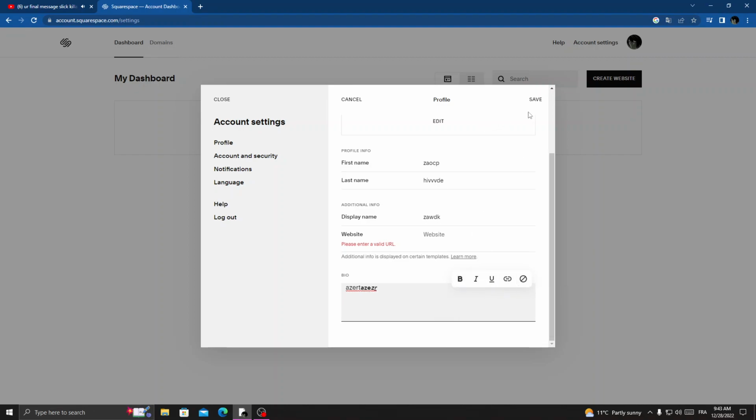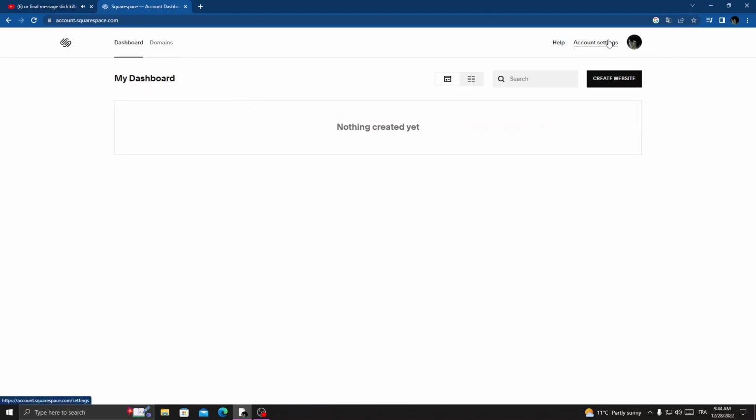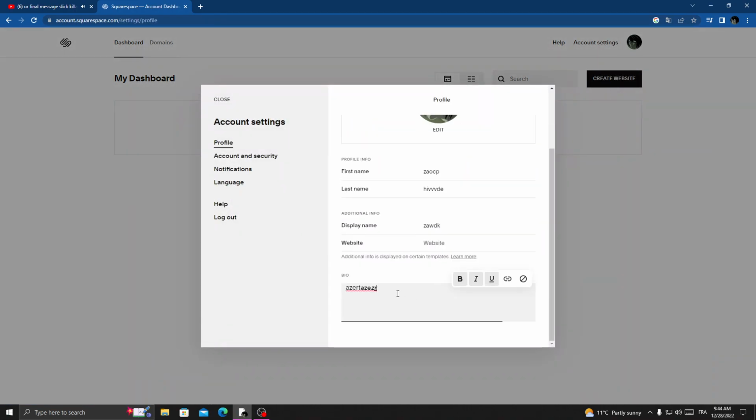And after that, just click save, and if you want to change it, just come back here and click on it, delete it, and then type here anything you want, and then click save,